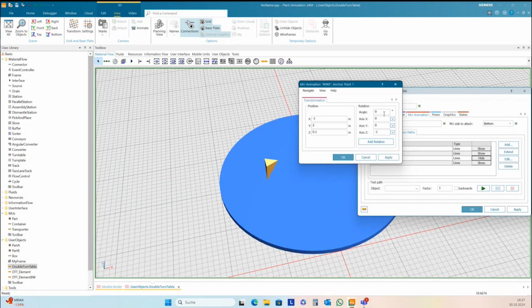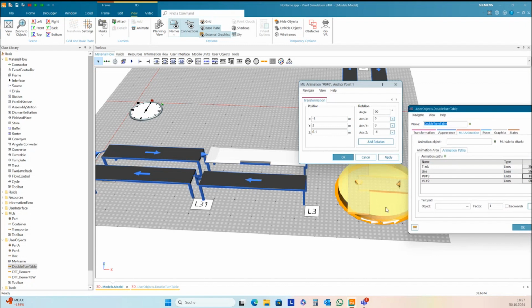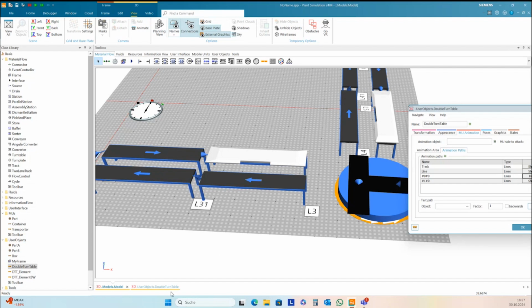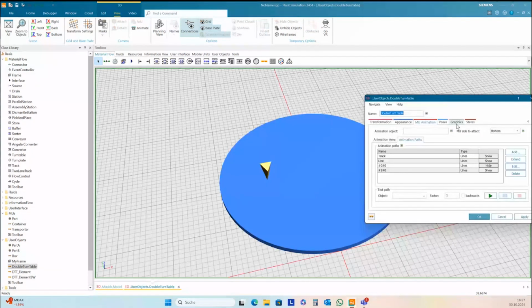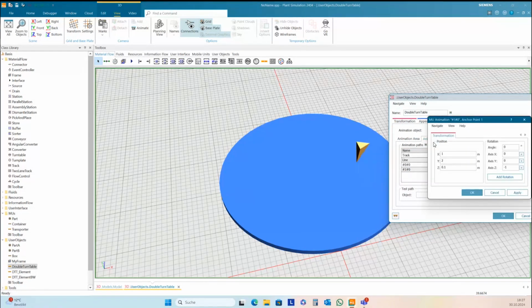And here you can set a rotation of 90 degrees. It's good. And the same for the second. Mark the anchor point, and then you can change here.